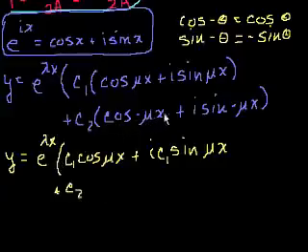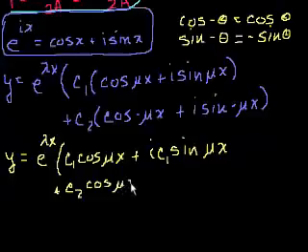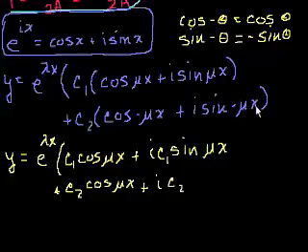Instead of cosine of negative mu x, we know this identity, so we can just write this as cosine of mu x as well, because cosine of minus x is the same thing as cosine of x, plus i c2 times sine of minus mu x. That's the same thing as minus sine of x. So actually, let's take the minus sign out there. So minus sine